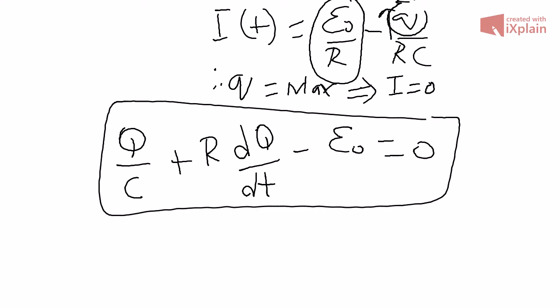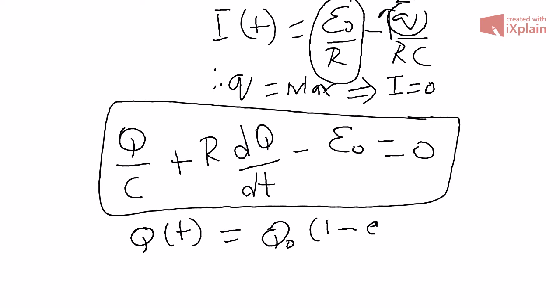This is a differential equation. When you solve a differential equation, you can find a general solution. By solving this differential equation, we get the charge at any time across the circuit, which is equal to the maximum charge on the plates times 1 minus e power minus